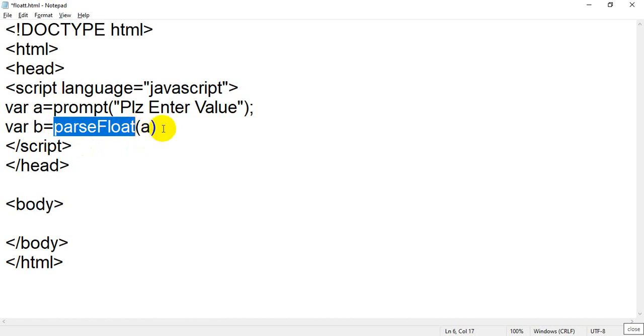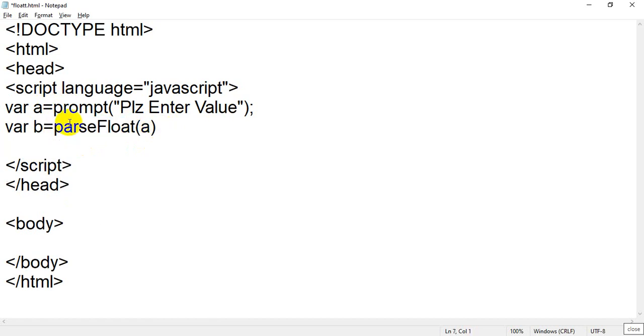Okay, now some value is stored inside variable b. Now I am going to display that value. So I will write document.write, and inside that I will say b. I want to display b. Why b? Because b has the converted value. Okay, a has the accepted value, which is entered by the user, but b has the parsed value, which is the converted value, which is the split value. Because by using this function you have converted the value of a into floating point.